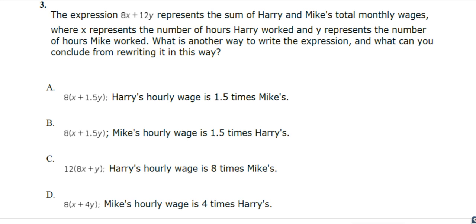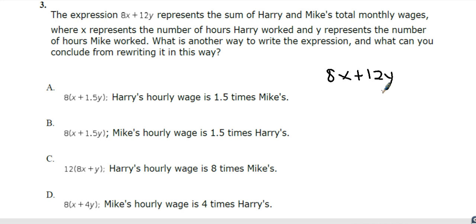So we're looking at what's another way to write the expression. We're talking about 8x plus 12y. How else could I write this expression? Well, this comes down to the idea of being able to pull out a common factor and really just being able to reverse distribution. So when you look at all of these, you have the parentheses, which means that you are supposed to technically distribute the number on the outside to the number on the inside to determine if they